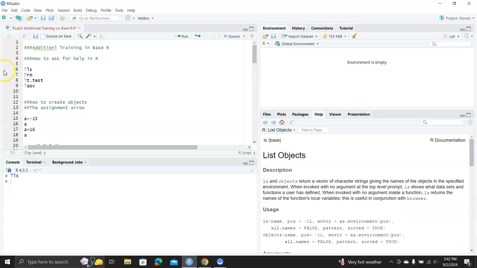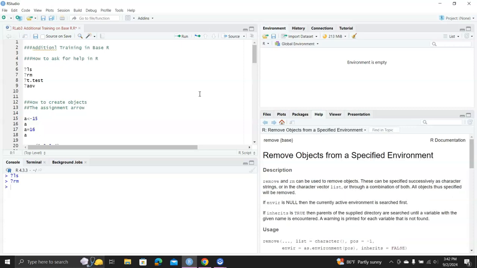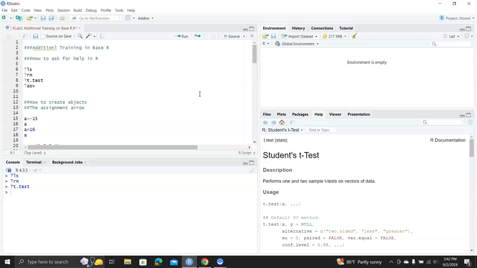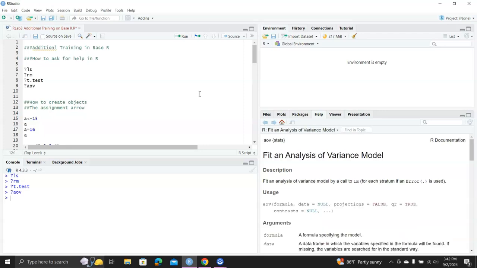And you should really develop this habit, always ask for help in R so that you will learn more, teach yourself actually more and more about R functions. Another example is rm, that's for removing objects. And also, for example, if you want to learn more about the t-test, it's t.test. So it tells you it's a Student's t-test, and gives you all the information. If you want to learn about ANOVA, it's aov. And this is the way you're really looking for information in